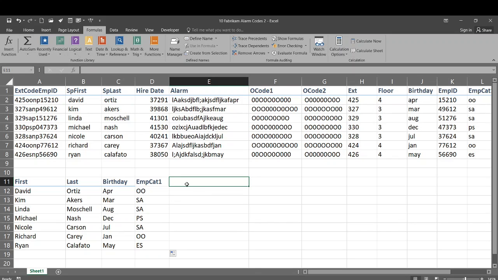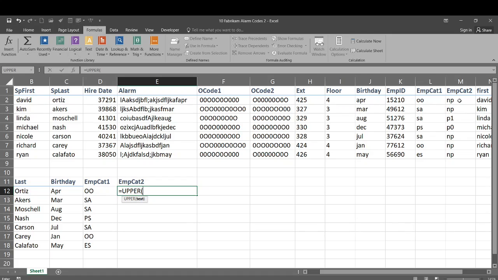So in this one, we're going to put employee category 2, EMP cat 2. And we're going to type equals upper in parentheses, and then we're going to click over here on M2